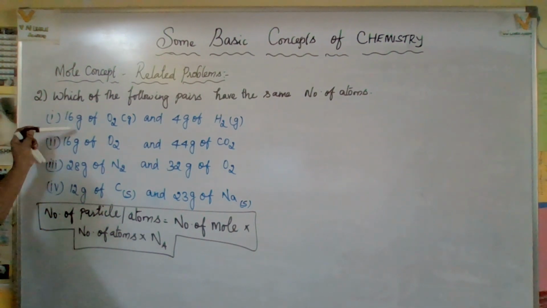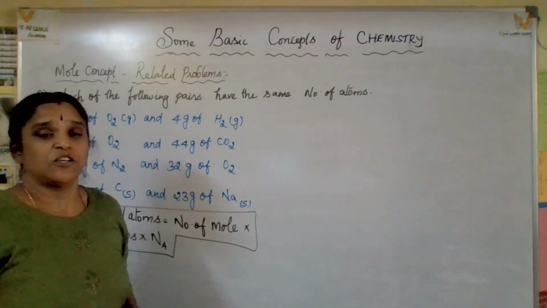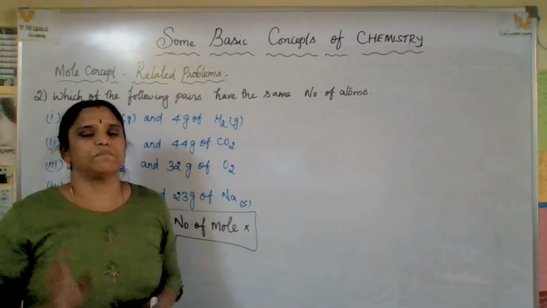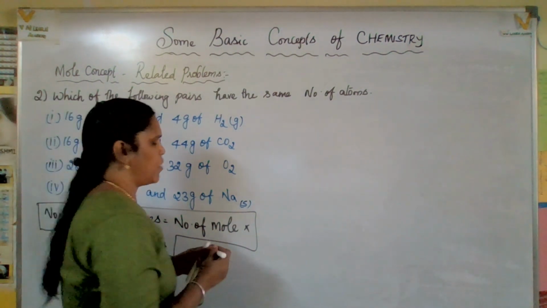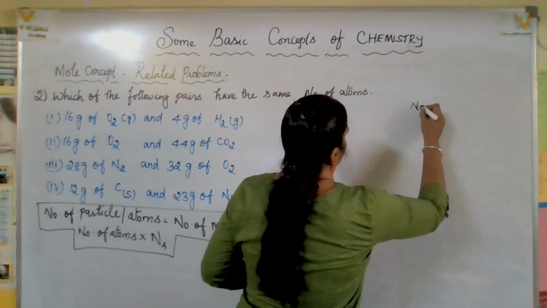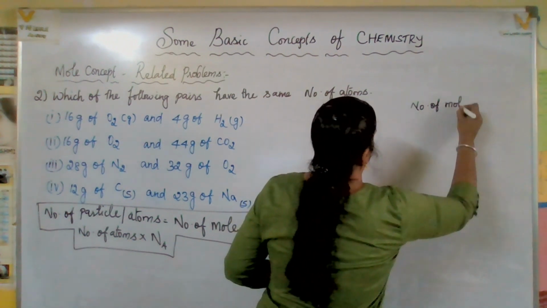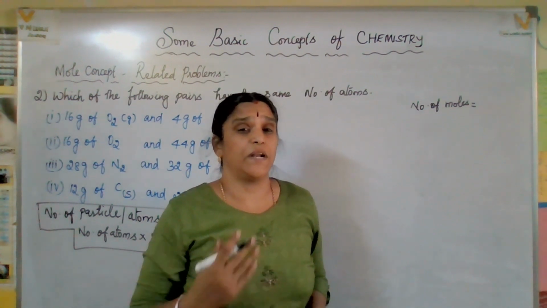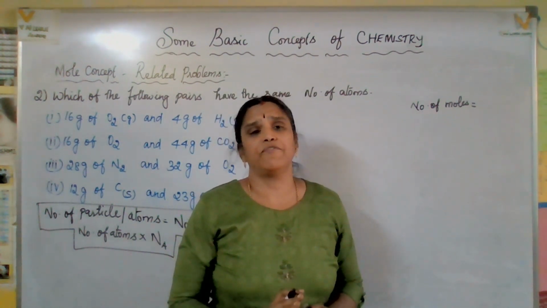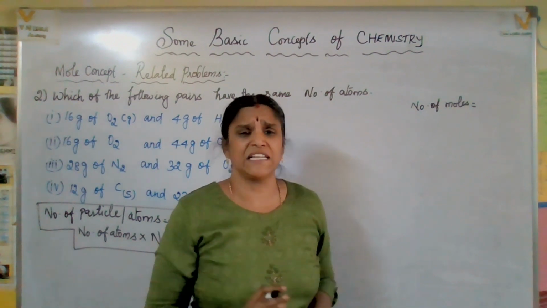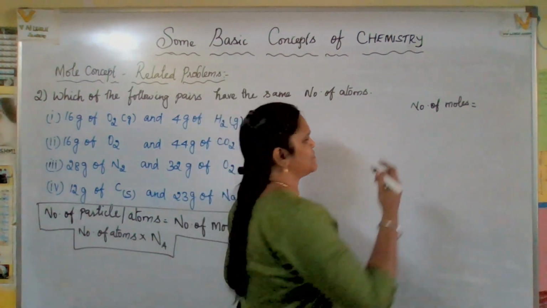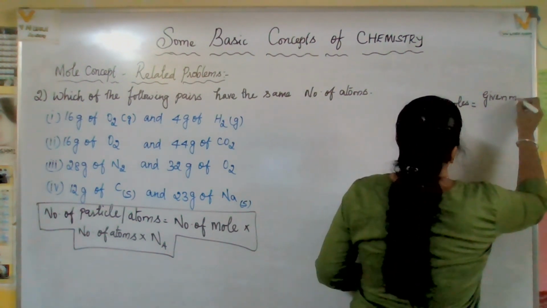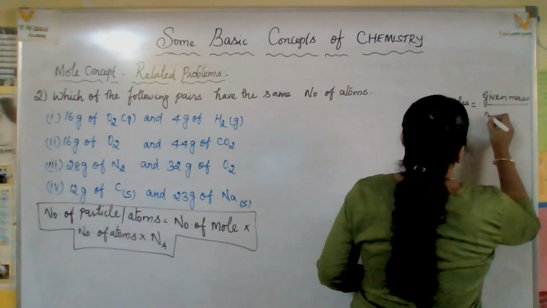Now in this, number of moles they did not provide. So what is the number of moles formula? Number of moles equals given mass by molecular mass. Why am I repeating that formula? So you will remember that formula. If you know the formula and concept, you are the genius person to find out all the sums. Okay, number of moles equals given mass by molecular mass.